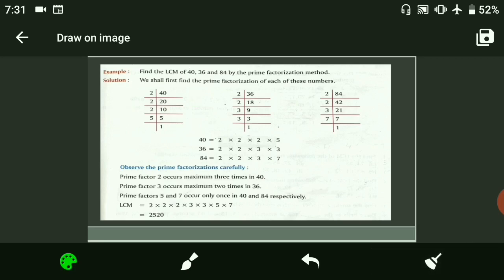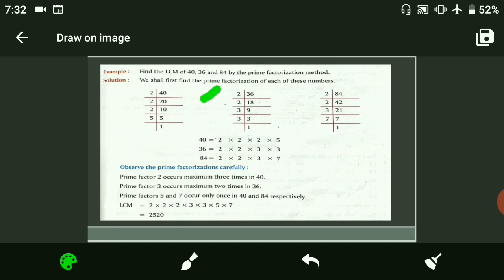Clear? Now we will do 36. Prime factorization, we will find out 36. How? Firstly, I have written 36. Then I will see in which table 36 comes. 2 table. So you write 2 here and then you see the position where 36 comes. So what you do? You will divide 36 by 2 in the rough column and then write 18. Clear? 18 you will write down of 36.